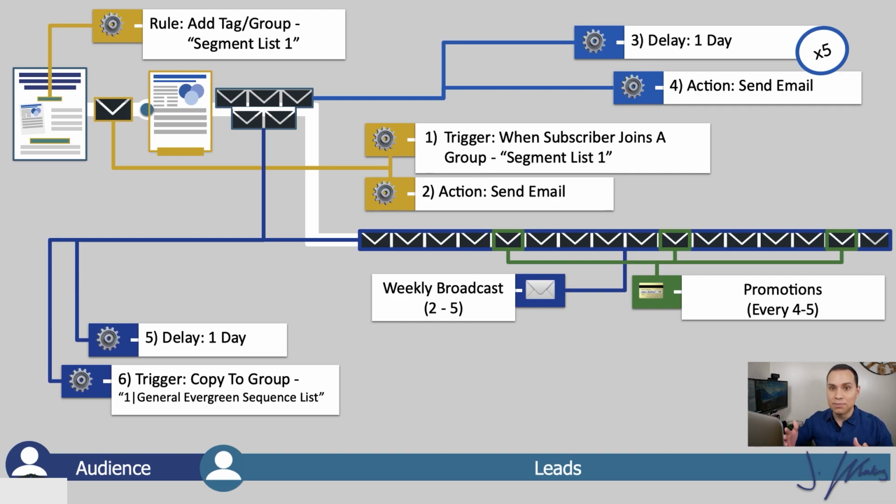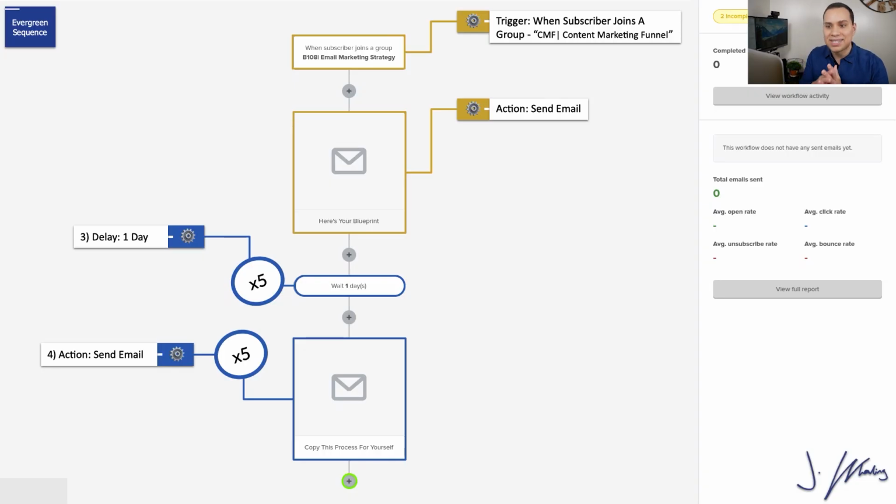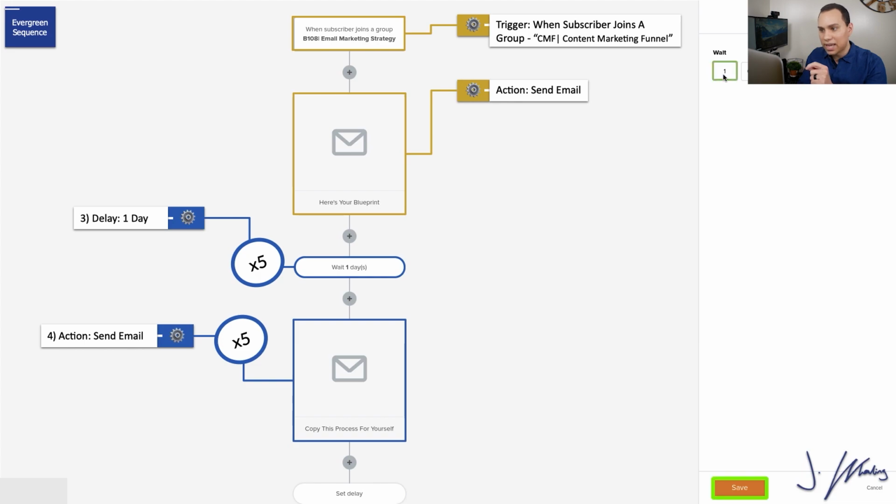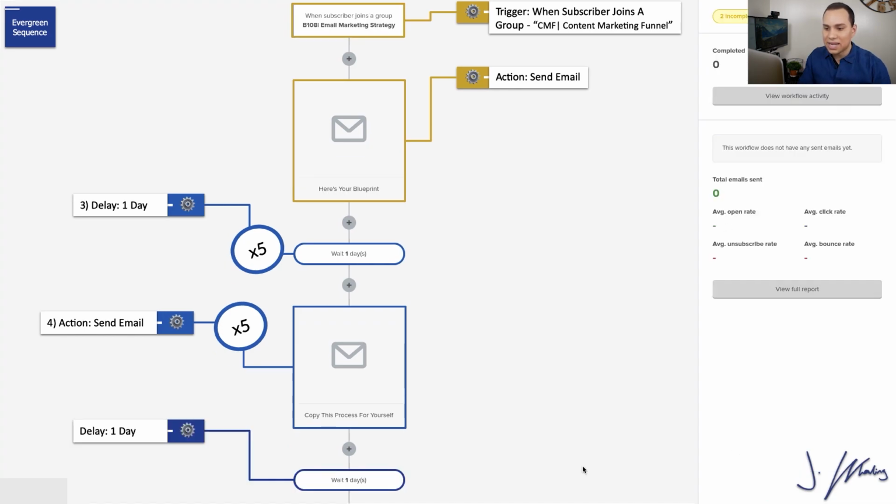So again, timestamps if you want to come back to this. Let's go back over to MailerLite, and we're going to set up that automation. So now they've gone through the sales sequence, and we're just going to ship them over to our general broadcast sequence. So we'll click on the plus button here, click on delay, say 1 day delay, and click on save.